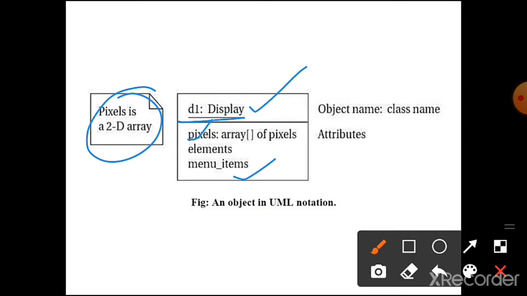Other classes can examine and modify the class attributes if they need to, but we can't directly change the attributes. They can only change or read the object state through the operations that define the interface to the object. So if we want to read or modify any attributes inside an object, we do it through the operations only.